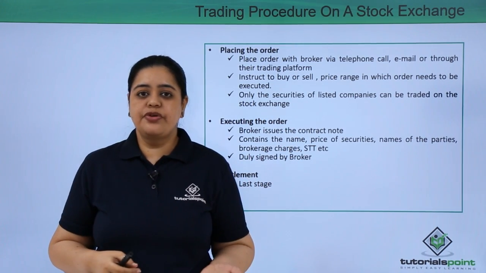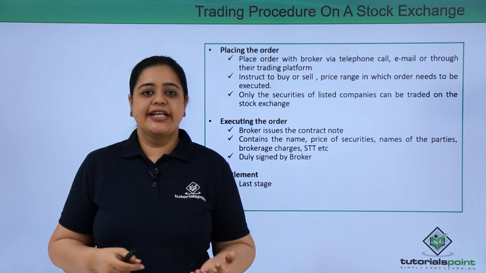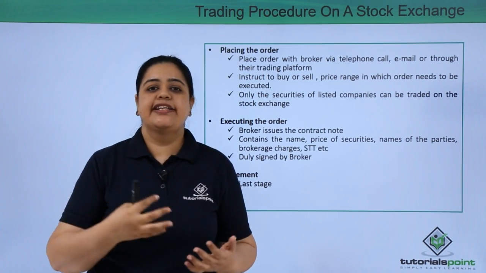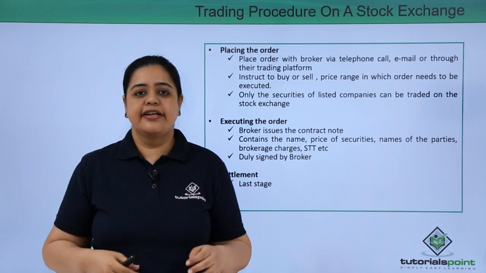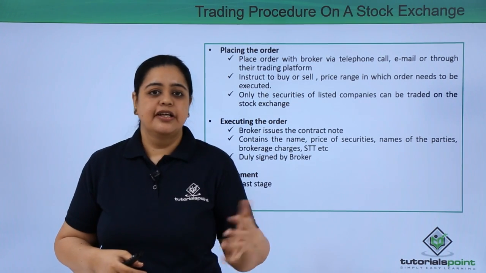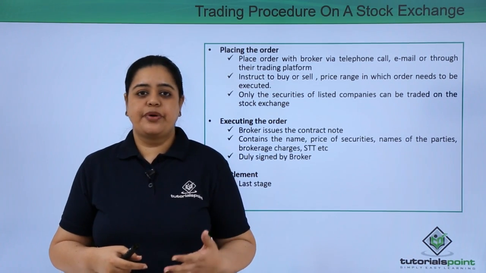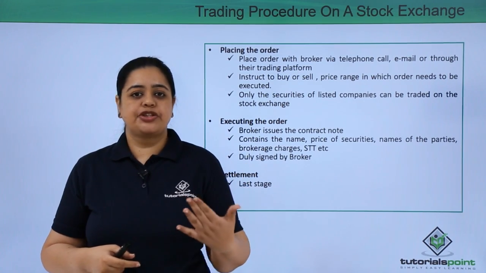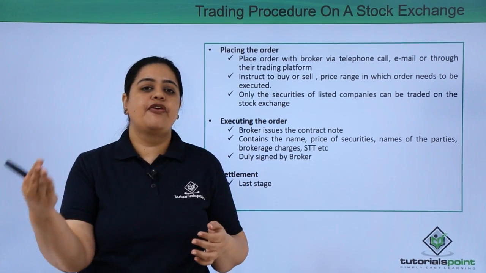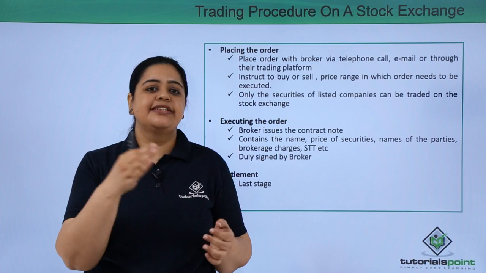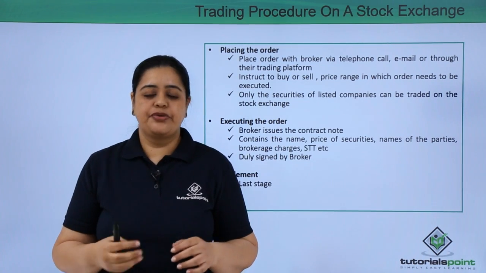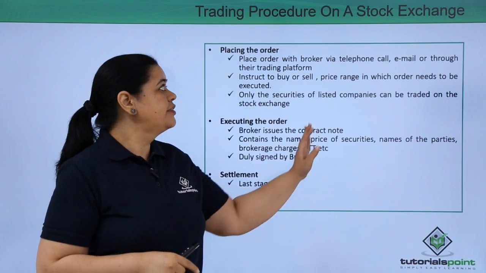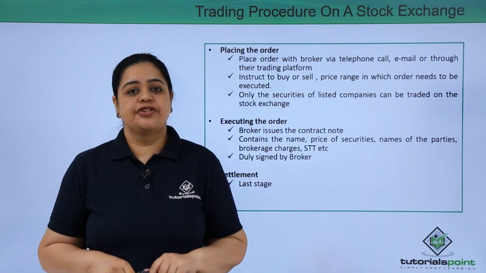If I fail to do so, then the contract will get nullified, okay, and he will have to auction my purchase, whatever purchase I had done, and I'll have to pay him the punitive charges if required, or maybe the shortage, because if the auction price is, let's say, 1390 when the auction happens, then I'll have to pay that difference also to him. So that is the procedure of trading on a stock exchange.